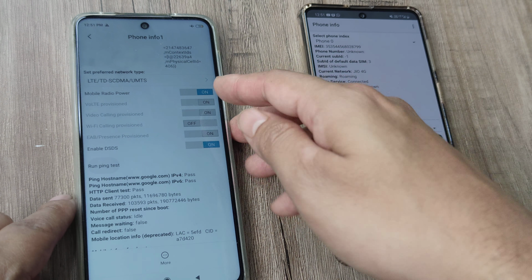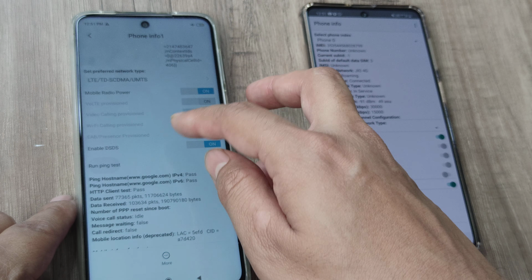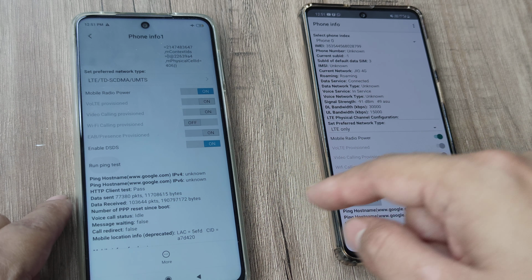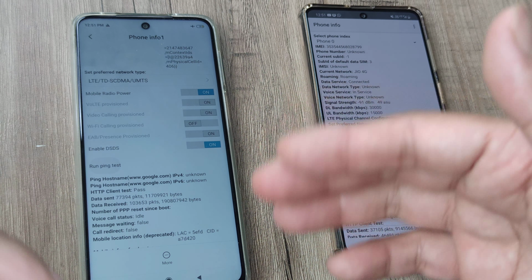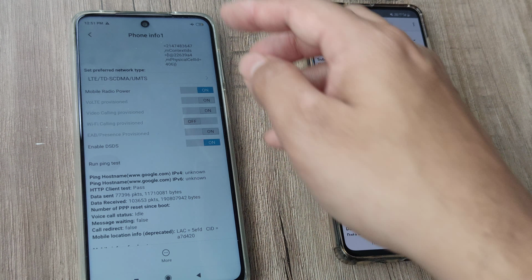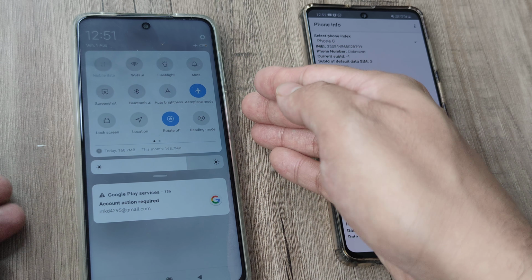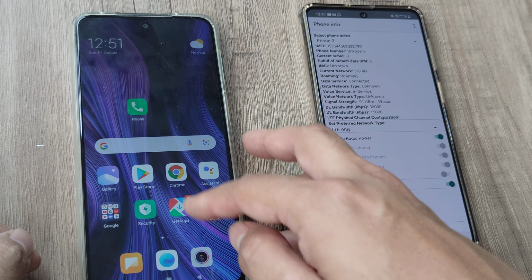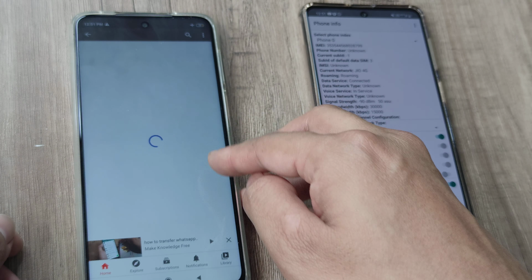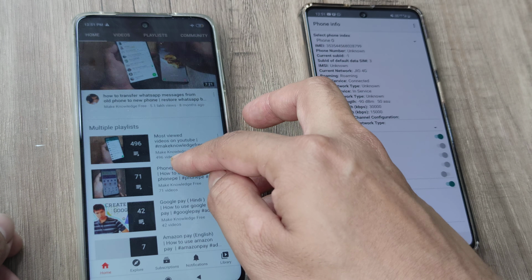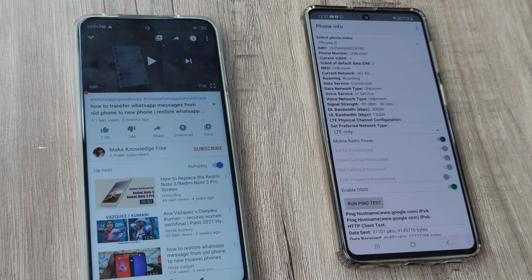On this page, when you turn the mobile radio power on and enable the data connection, and run a ping test, it will show a pass for the HTTP client test. What it means is that data packets are now being received from the internet even if your mobile data has been turned off. Like you see here, flight mode is on, and if I browse the net, this is my channel. If I go and see a different video, you will see that all of them will now start playing as if mobile data has not been turned off at all.